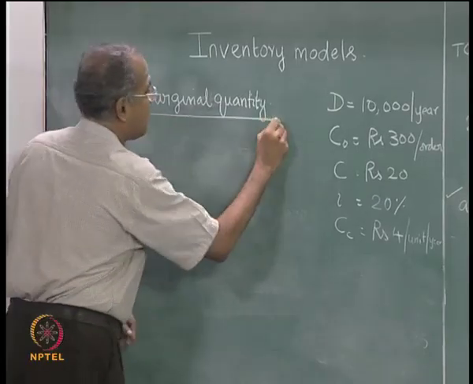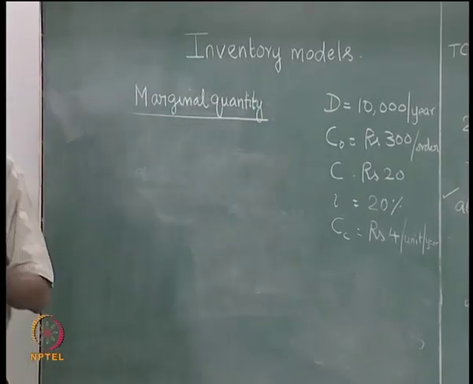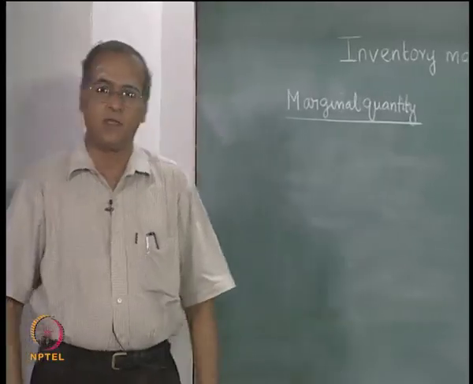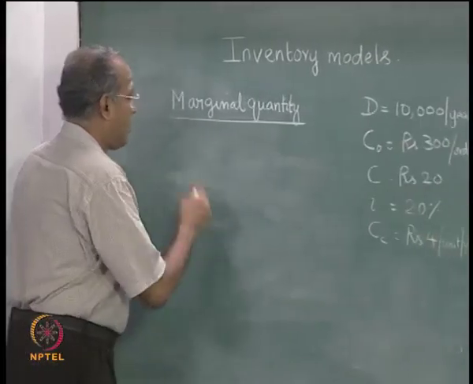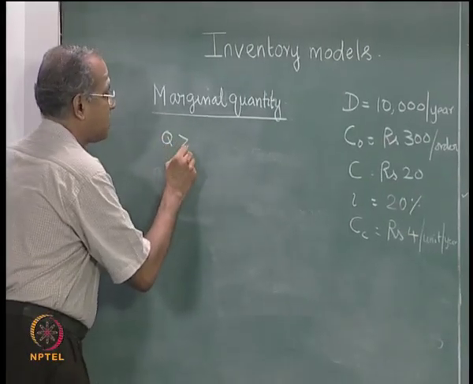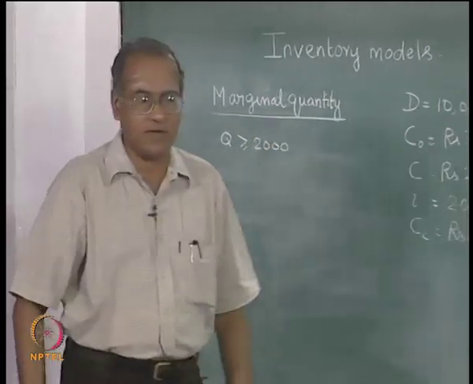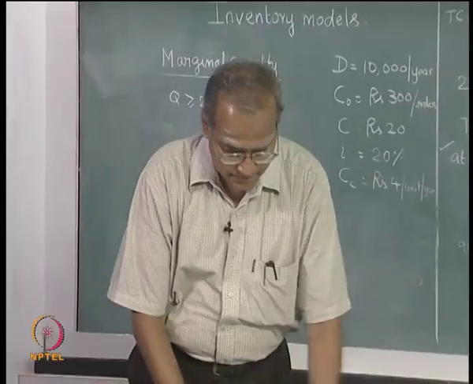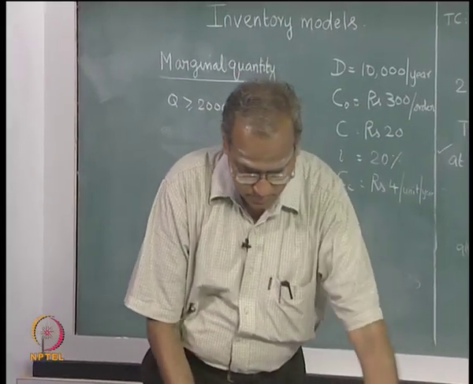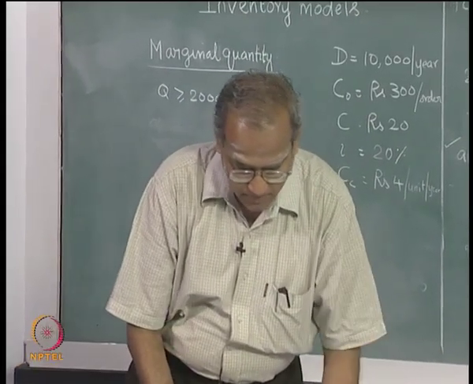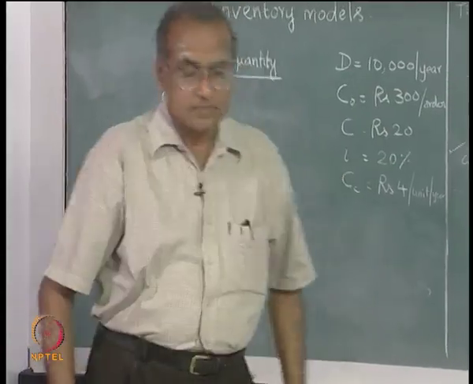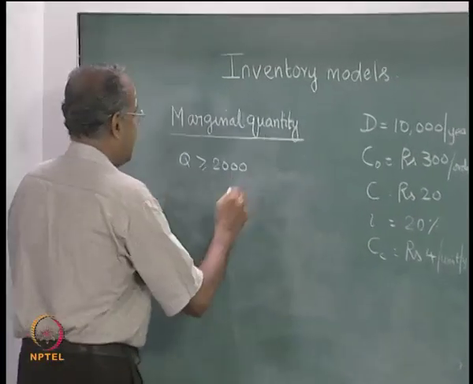In marginal quantity discount, the vendor may say that if you order for Q greater than or equal to 2000, let us say the vendor may give us, let us say, 5%